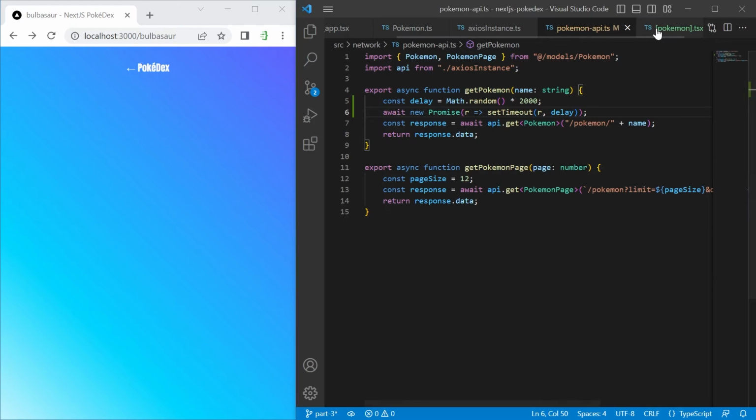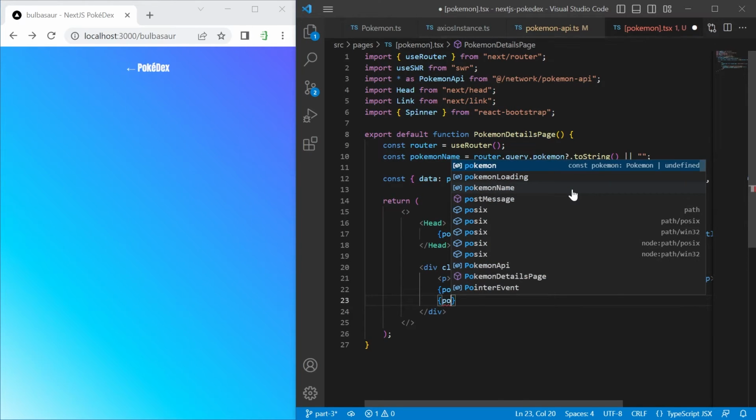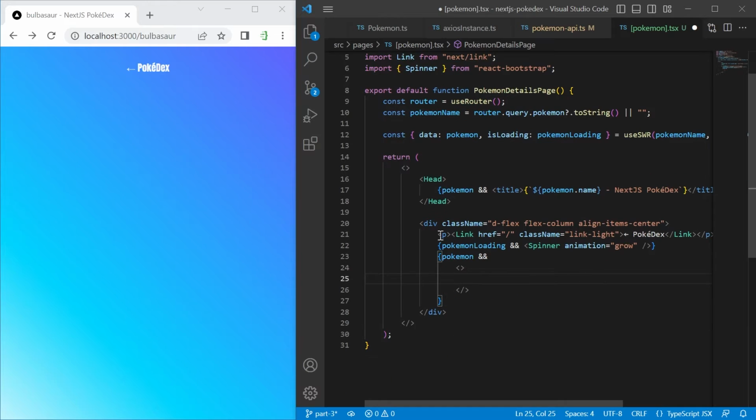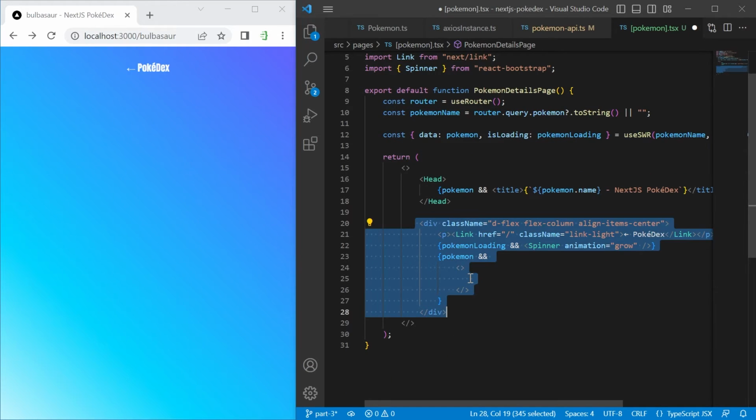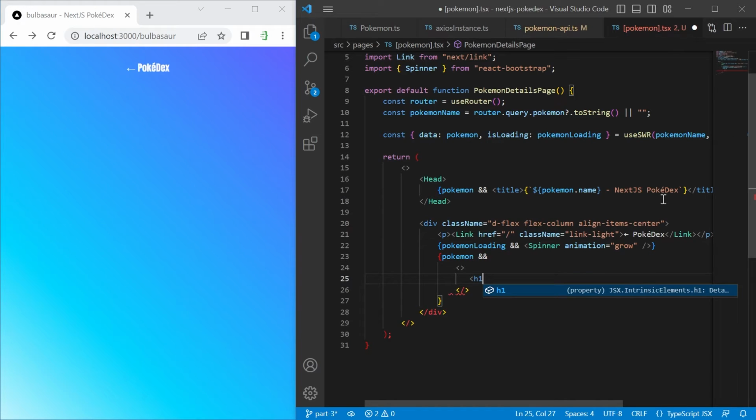Okay, back into the Pokemon page. So below, we add another block of curly braces. We want to render the content in here only when Pokemon is defined. So after it has finished loading. So Pokemon, two ampersand signs. And here I put another fragment because I want to put multiple elements in here, which will all be rendered under this div. So after the Pokemon has loaded, I want to put an h1 in here,